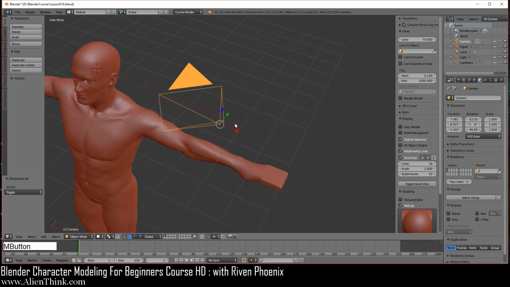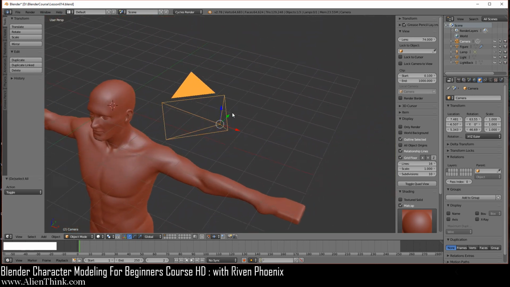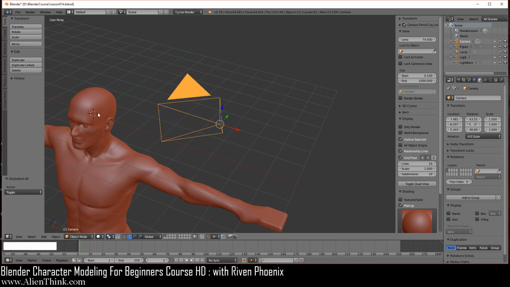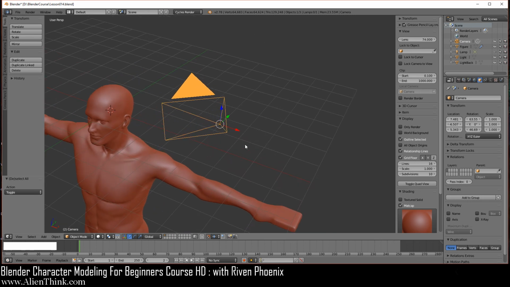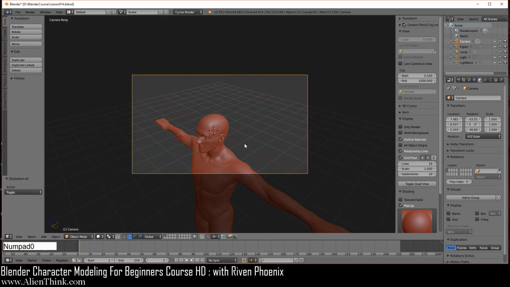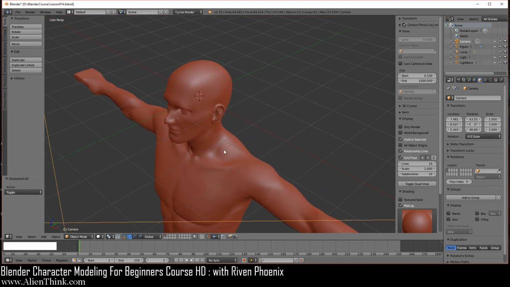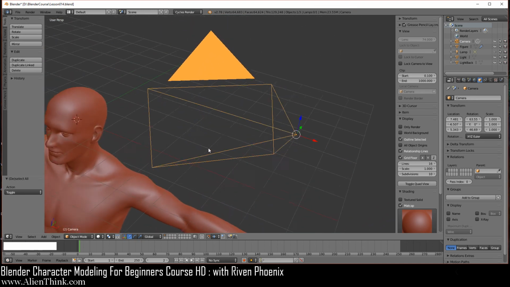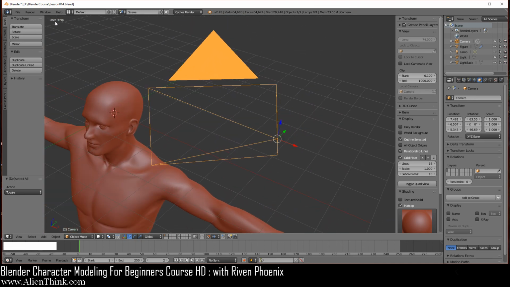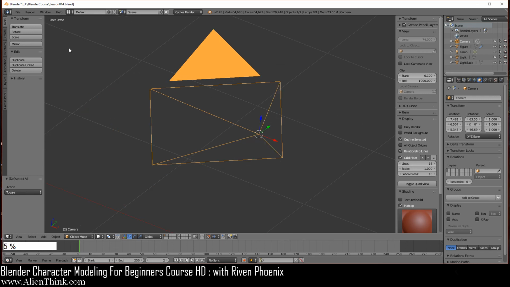Now if you do the middle mouse button, you can see that the camera is really just showing you how it's looking at your 3D object. Now in order to be able to see what the camera is seeing, you have to press the 0 key on the numpad, and this is what the camera is actually looking at. Okay, now notice that over here it says camera perspective. Now I'm just going to do middle mouse button to rotate, and notice that if I zoom out, it automatically gets out of the camera view, and you can tell this by looking over here. It says user perspective. Now press the 5 key and we're back in ortho view.